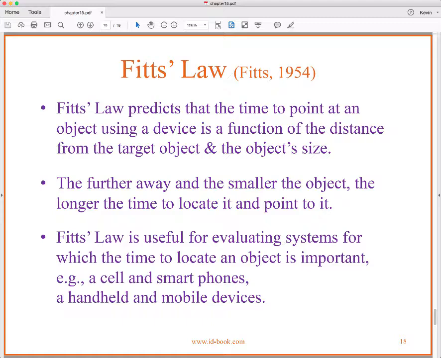So Fitts' law is useful for evaluating systems for which the time to locate an object is important. Cell phones and smartphones, other handheld and mobile devices. And really, and there's a good comment on this in the text, things that have to do with, say, safety,